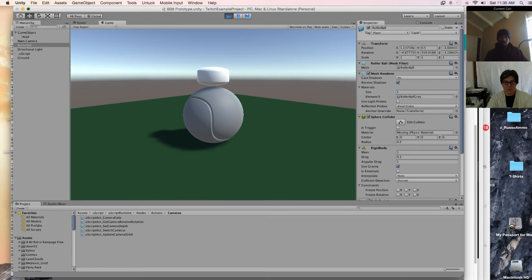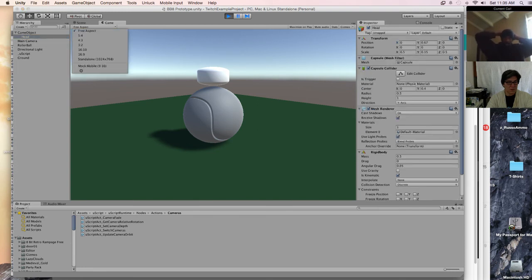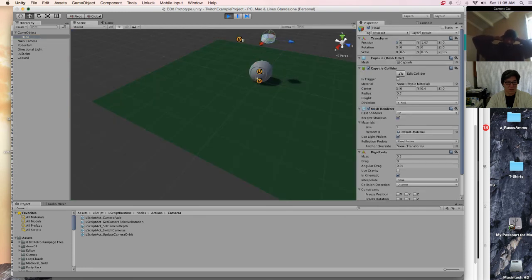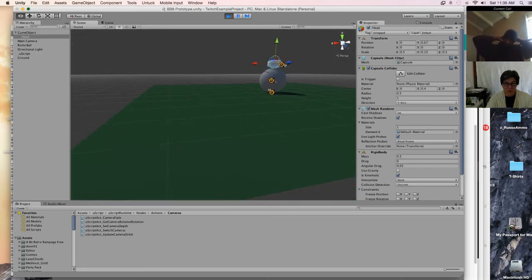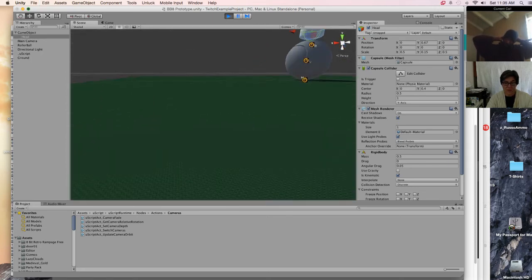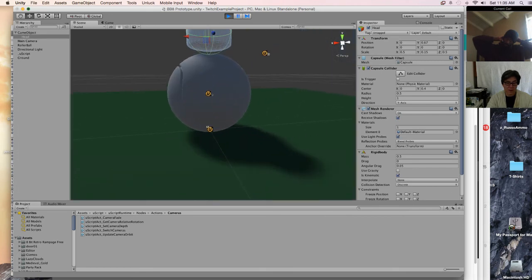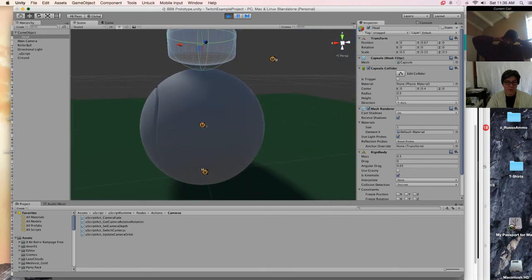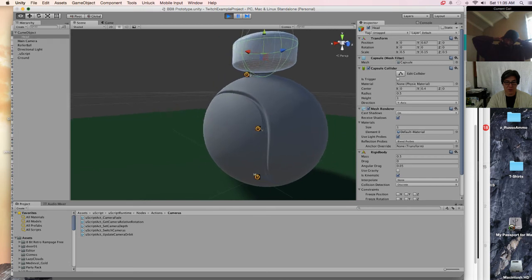No, it says it's rotating. Like, look at the numbers update. Like a little bit. I don't know what happened. Oh, wait. Hold on. I think I still do have it pinned. Okay, you see my collision? See, my collision is actually penetrating the ball.